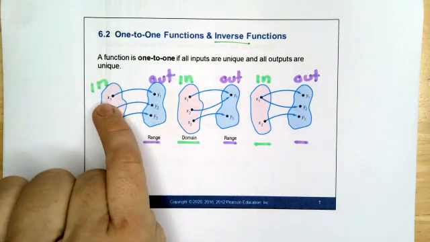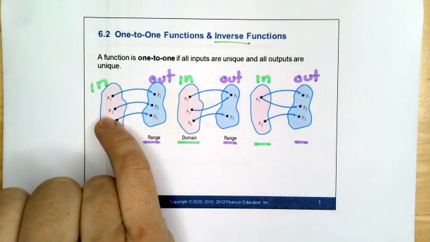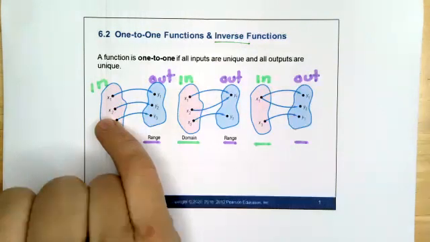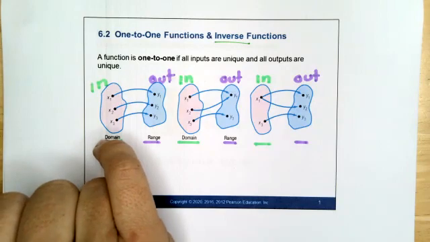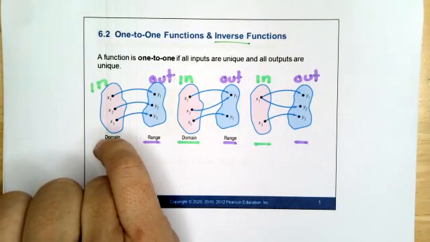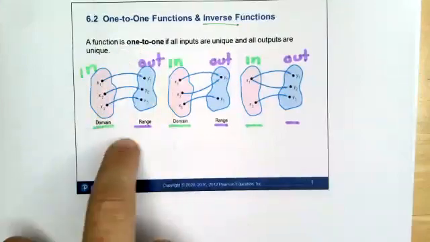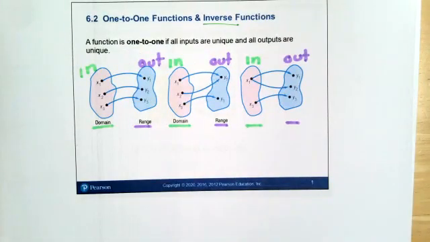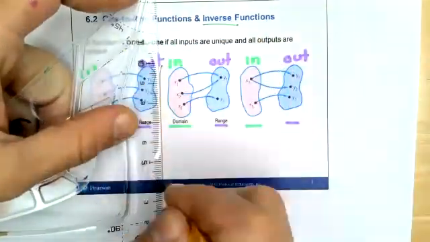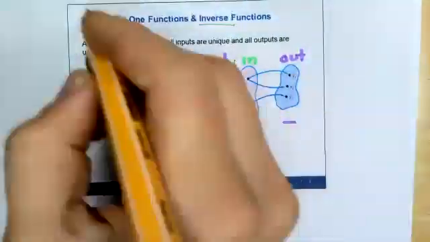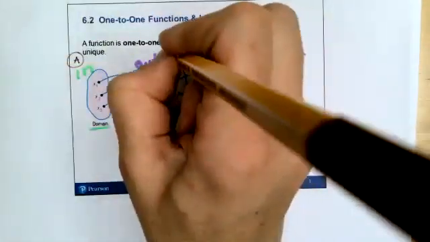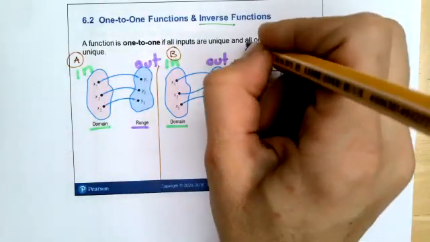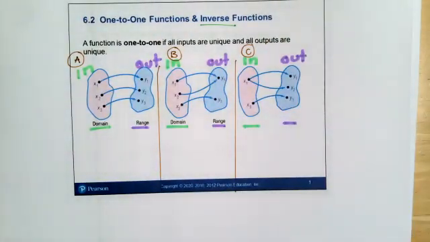x sub 1 is different from x sub 2 and from x sub 3. Each of those is a different value. For this one, we'll call this A. We'll call this B. We'll call this C. Okay, for A,